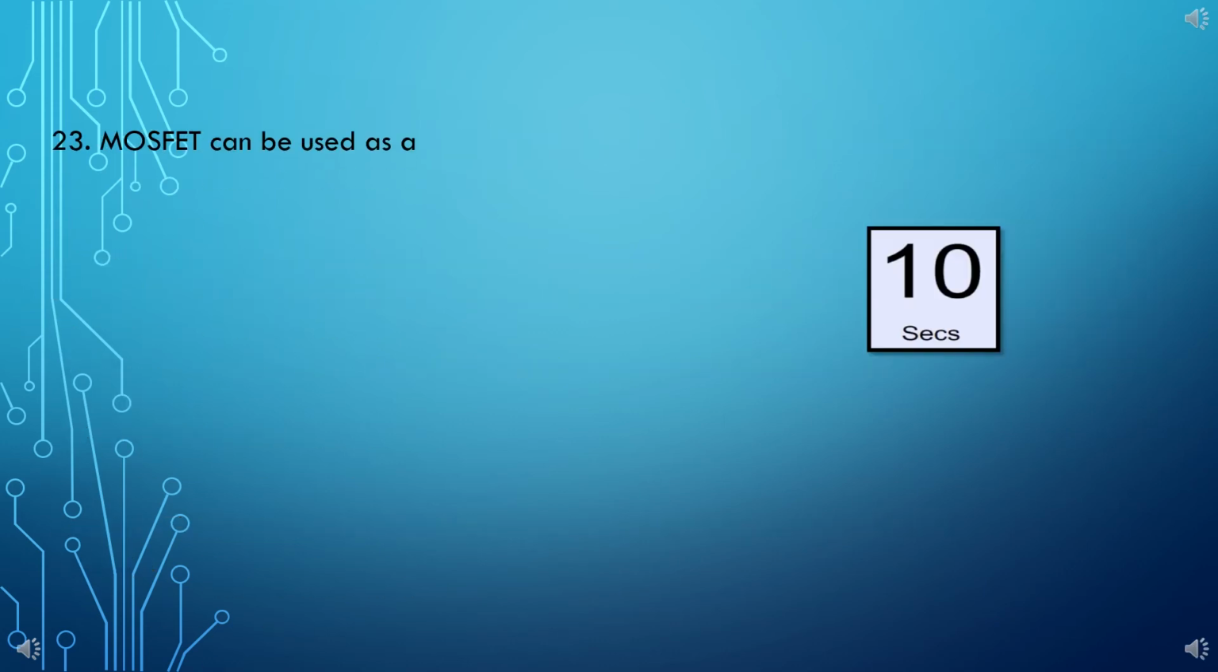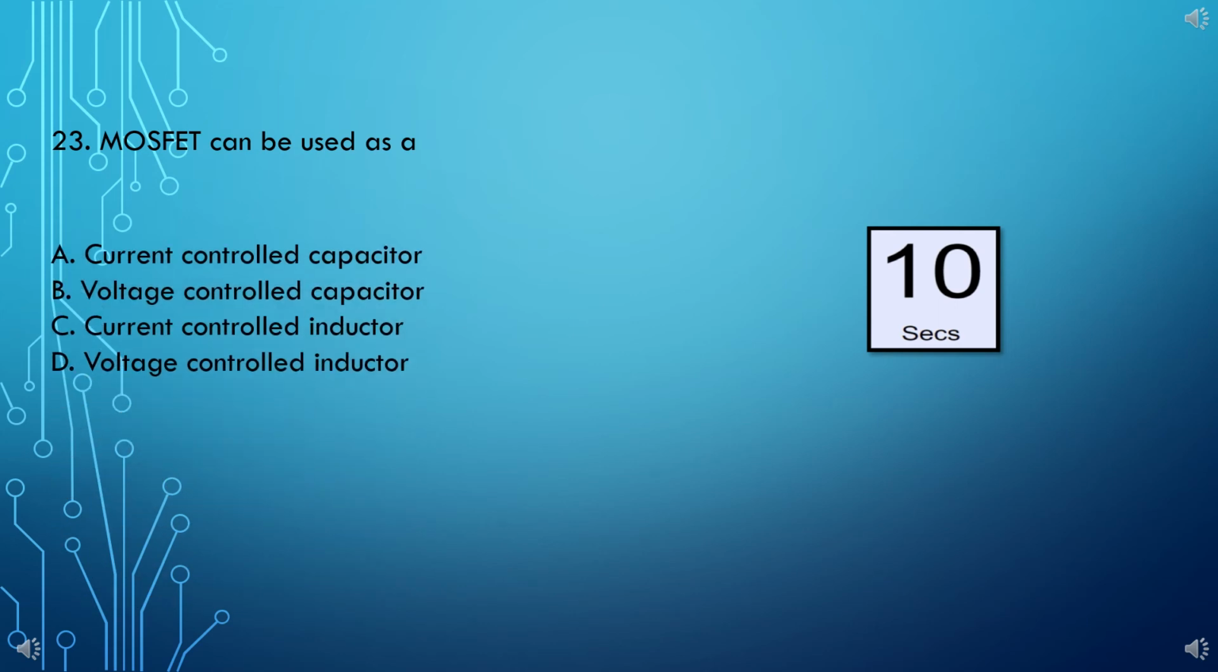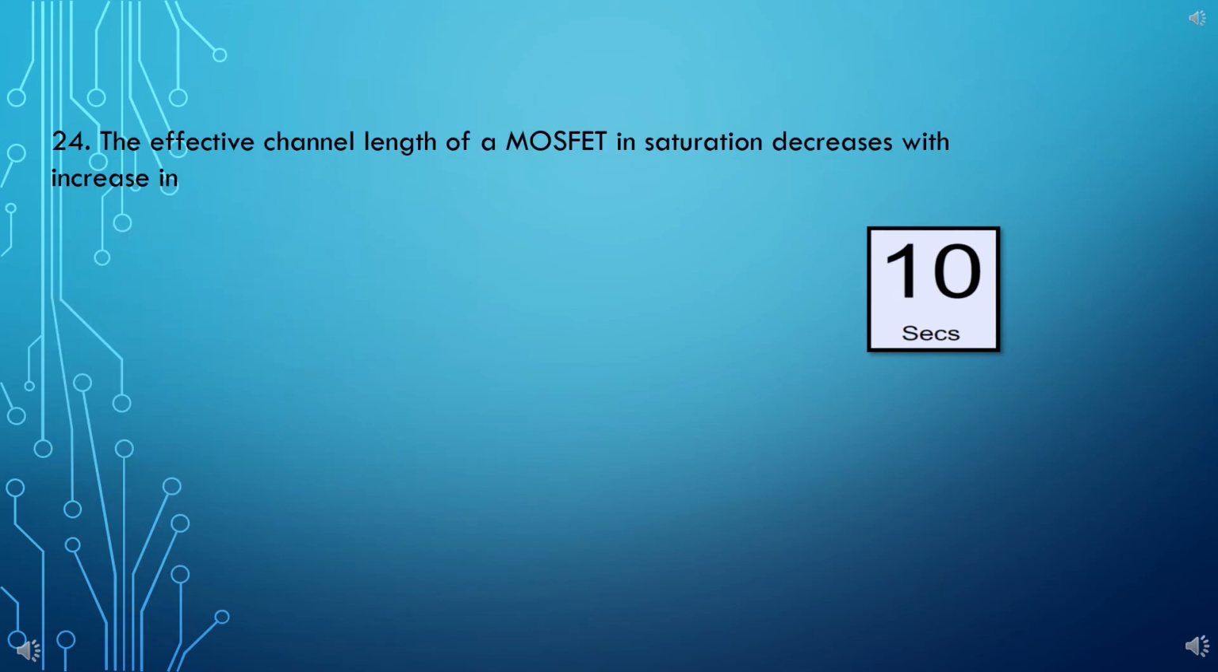A MOSFET can be used as a: Option A. Current-controlled capacitor. B. Voltage-controlled capacitor. C. Current-controlled inductor. D. Voltage-controlled inductor. Answer: voltage-controlled capacitor. The effective channel length of a MOSFET in saturation decreases with increase in: Option